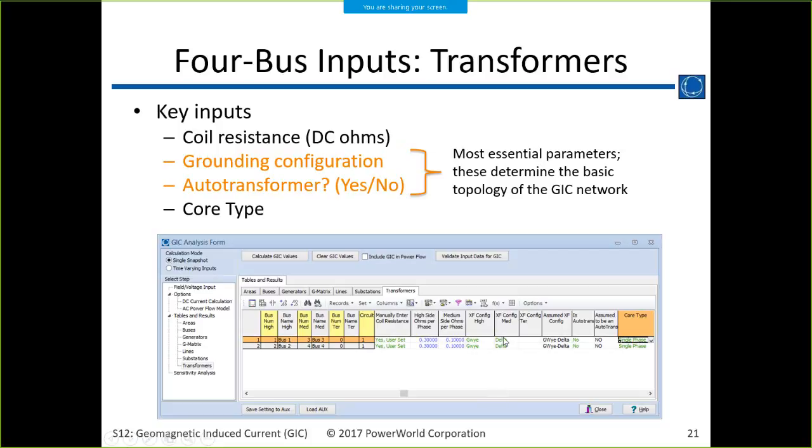I was just explaining why we call it a medium side, because there's three fields. There's a high, medium, and a tertiary. So you might think of it as a high side and a low side. The low side is probably the medium side in the dialog, is all I was pointing out.